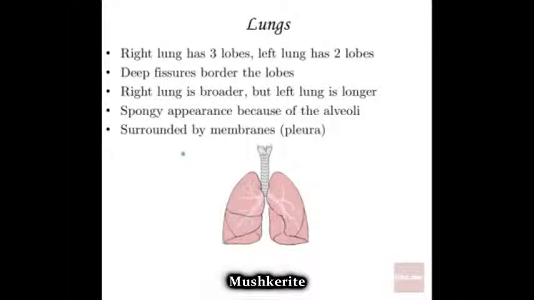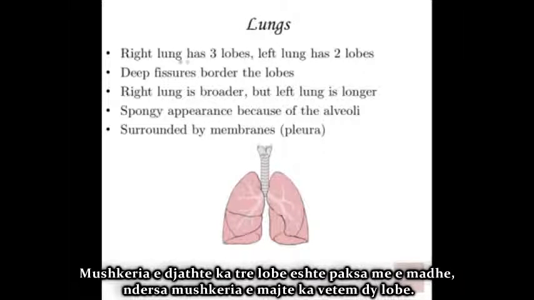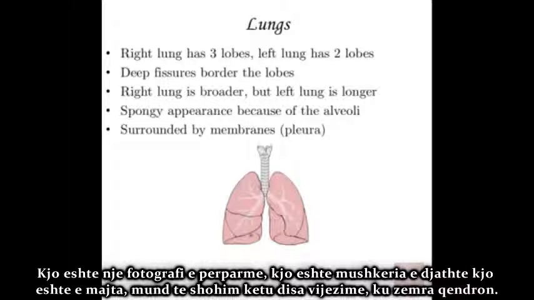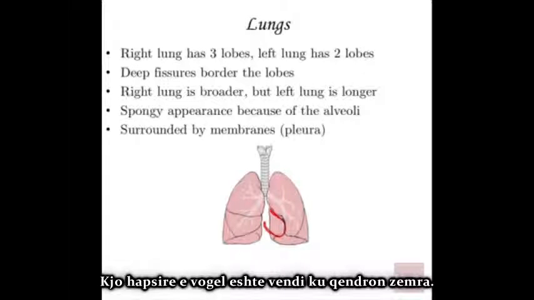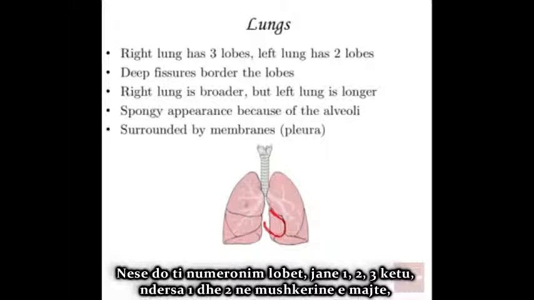The lungs as a whole, these spongy organs that have that respiratory tree inside of them: the right lung has 3 lobes. It's a bit bigger than the left lung, which has 2 lobes. And once again, this is an anterior or ventral shot. Here is this person's right lung. Here's this person's left lung. And you can see there's this little indent here where the heart should be. That little nook right there is where the heart is nestled. That is why the left lung is a little bit smaller, to accommodate the heart. And if you count the lobes, yes, there's 1, 2, 3 here, 1, 2 for the left lung.